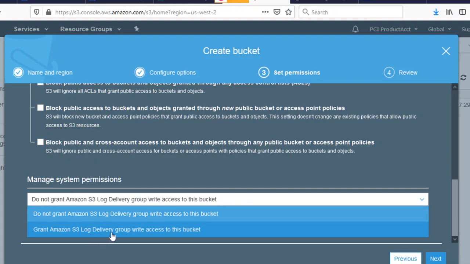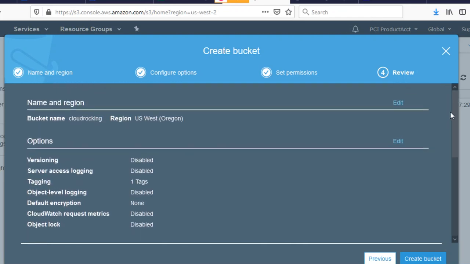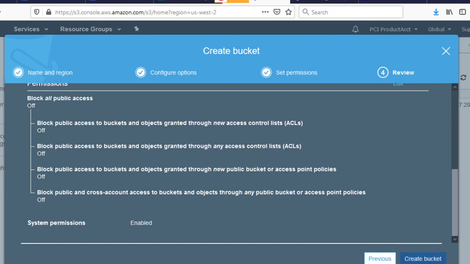Grant Amazon S3 log delivery group write access to the bucket. Do not grant Amazon S3 log delivery group write access to this bucket. If you want Amazon to write the logs, who logged in, who came in, who deposited anything on this bucket, you can do that. You can say grant access to write there. But remember, when you give Amazon right to write on there, you also have given them right to see what's in there. Anything that's in the cloud is not yours, it's theirs. So that's why we work so hard to provide our own encryption system. Okay, so once I click create bucket,